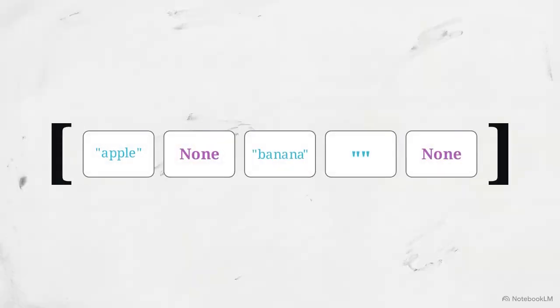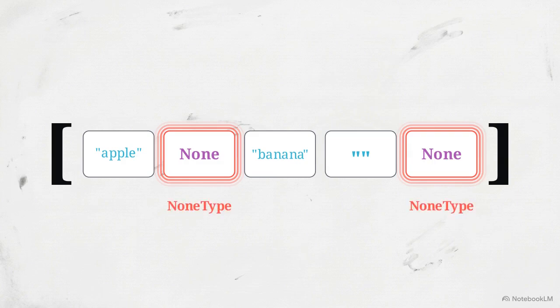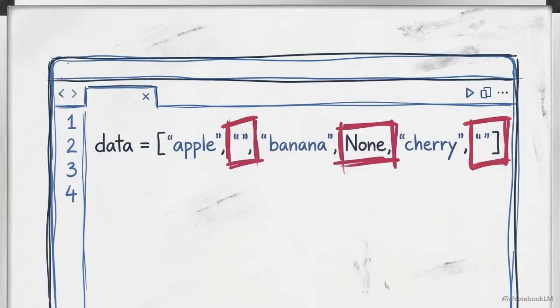This diagram shows our raw imported list. You can see valid text strings sitting right next to empty strings, as well as literal missing values. Those are marked as None. In Python, NoneType represents the absolute absence of a value. Our first goal is to write a single filter that strips out both the None objects and the empty strings